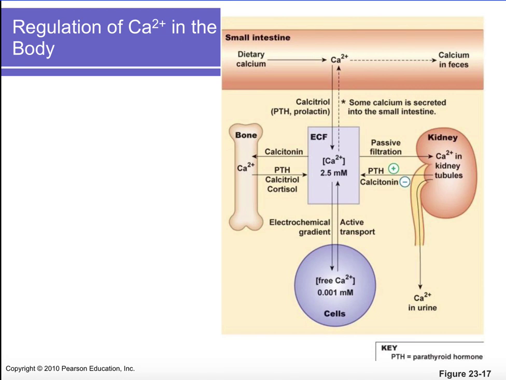We have hypocalcemia. Then we're going to want to raise our blood calcium levels. So here's what we can do. We know calcium is stored in our bone. So we have a big storage of calcium here. We need it out here in our blood. So why don't we just take it out of our bone? So we would stimulate our osteoclasts to break bone and release the calcium into our blood.